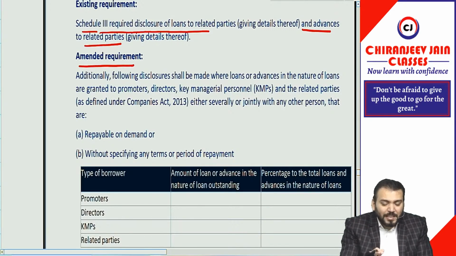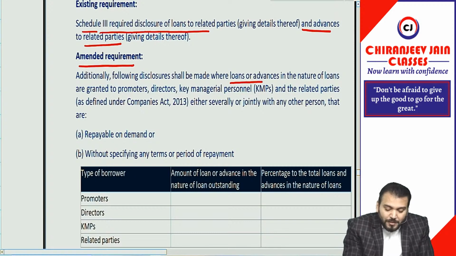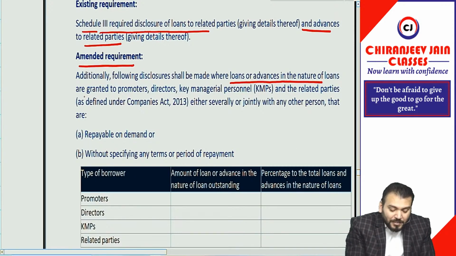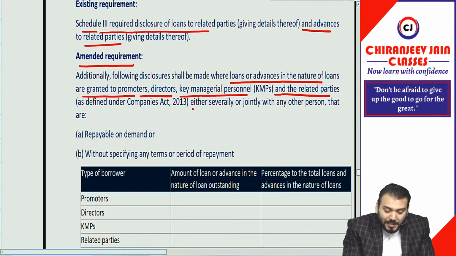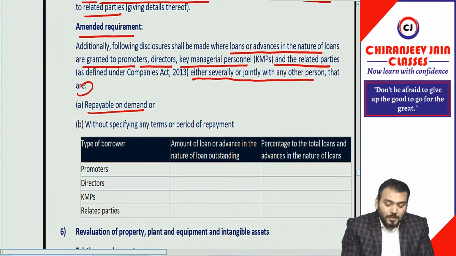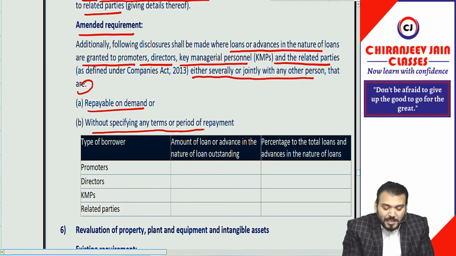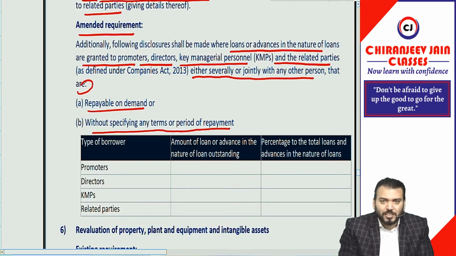But now, as per the amended requirement, what they are saying is that any loans and advance in the nature of loan granted to promoter, director, key management personnel or any other related party as defined under Companies Act, either severally or jointly with any other person, that are repayable on demand or without specifying any terms or period of repayment, of whatever nature. If that loan has been granted to promoter, directors, key management person or any other related party, then we will